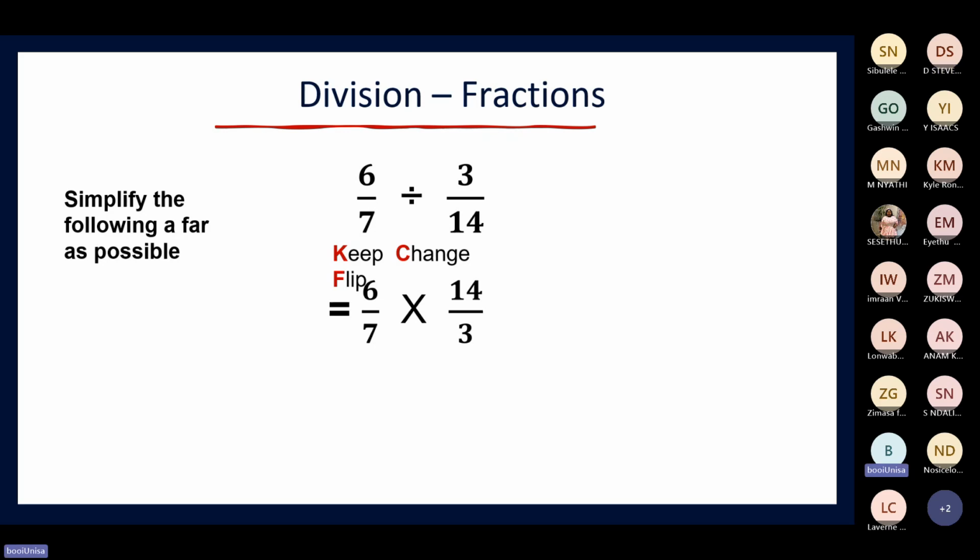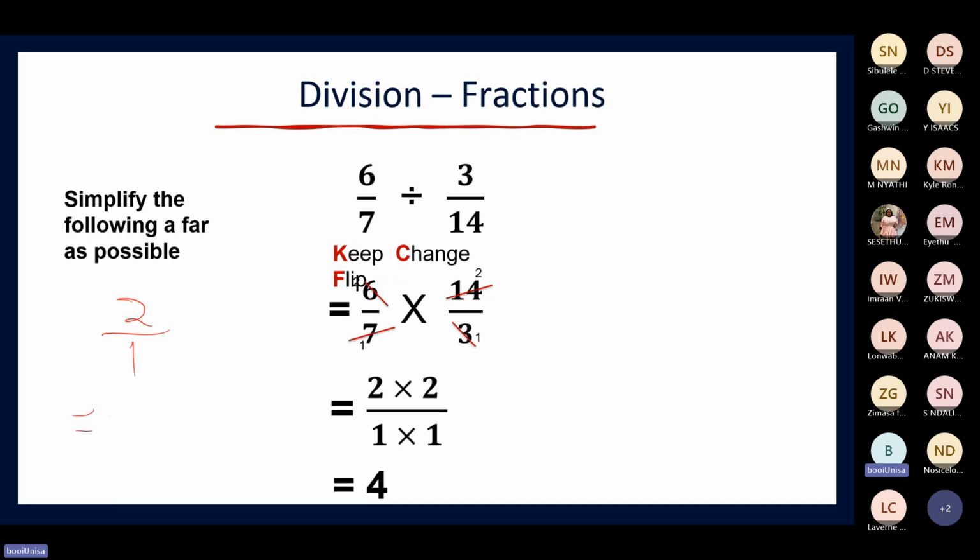And then we apply the multiplication, which, remember, we can simplify. Because 7 and 14 can divide into each other, and 3 and 6 can divide into each other. You just do that. 7 goes 1 time into 7, and it goes 2 times into 14. 3 goes 1 time into 3, and it goes 2 times into 6. And we say 2 times 2 and 1 times 1. And the answer is 4, because any number to the